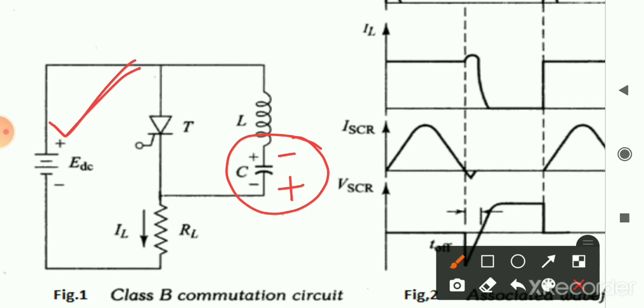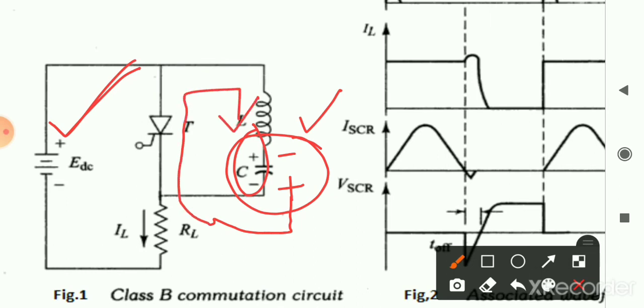Both the inductor as well as the capacitor, when charged up to a value of EDC, have to discharge. The charging as well as the discharging is a continuous process for C and L. They only want the current as well as a path for the discharge. So when they are completely charged, it's time for them to discharge. The discharging current now starts from the positive plate of C, to T, and to L. In this way the path will continue. This current is the commutating current.